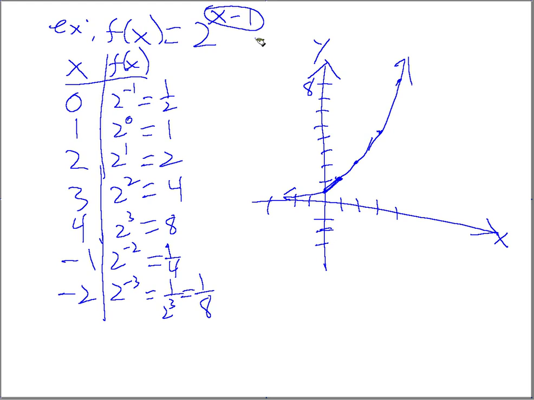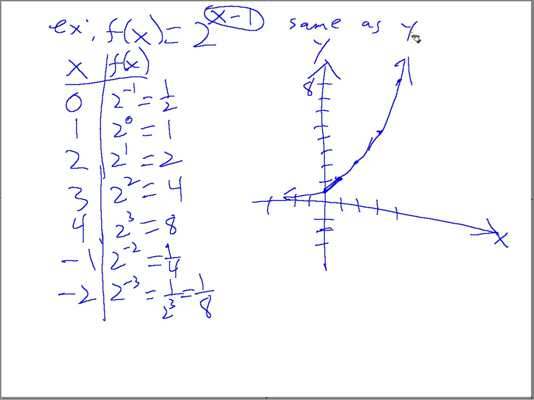Right? If you remember from last time we talked about translation, right? Those concepts can still be used here, right? This graph is the same as the previous graph, except we're shifting it 1 to the what? To the right, moving everything 1 to the right. Okay, so let me say this is same